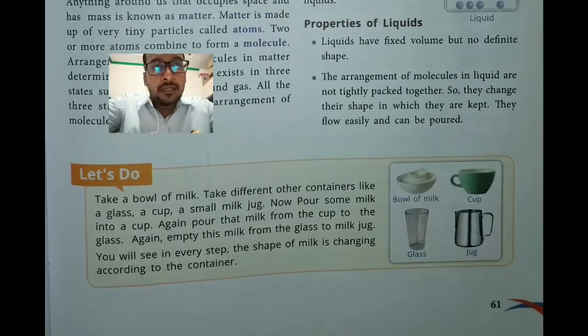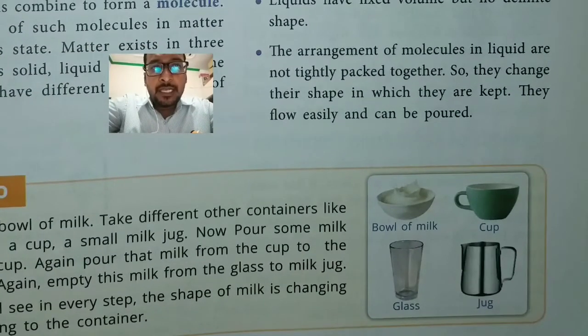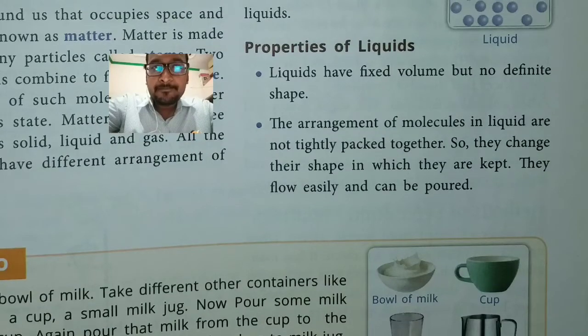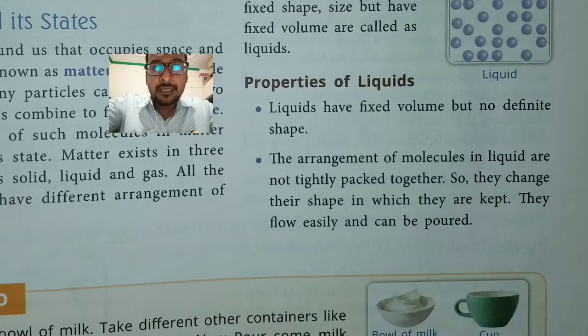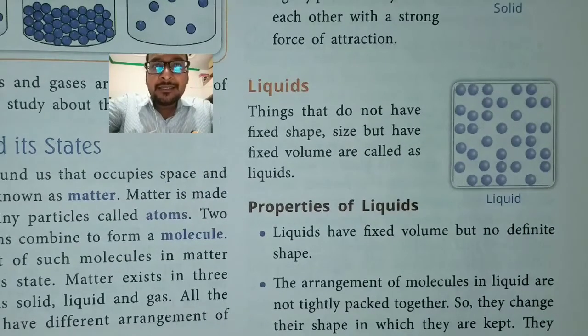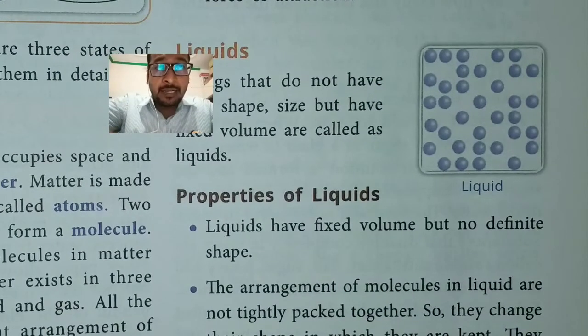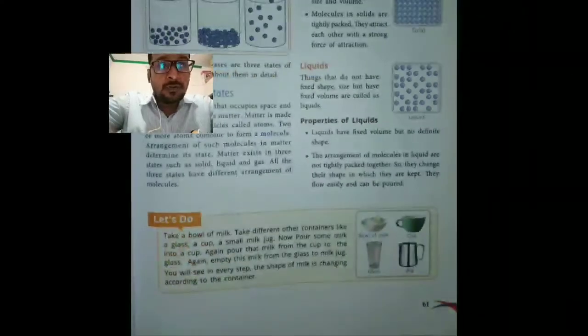That's why we take the volume of the milk in liters. Okay, we will not take it in grams. Okay, solids, they do measure in grams. Okay, we can calculate its volume also, but we can take its mass also. Liquids are calculated in fixed volume because the volume is fixed. Okay, so let's move on to the next.